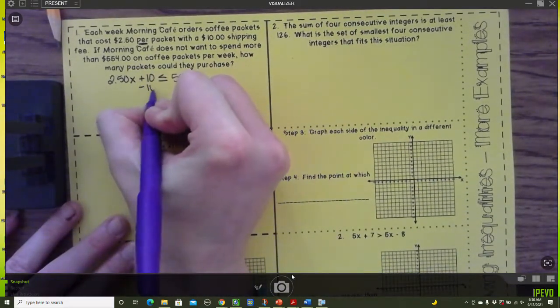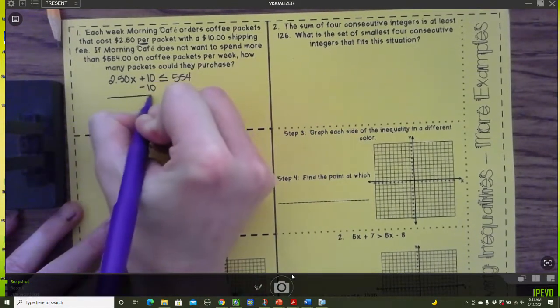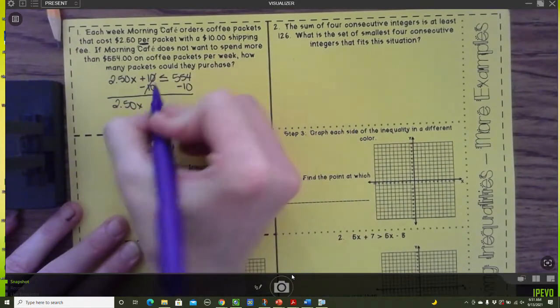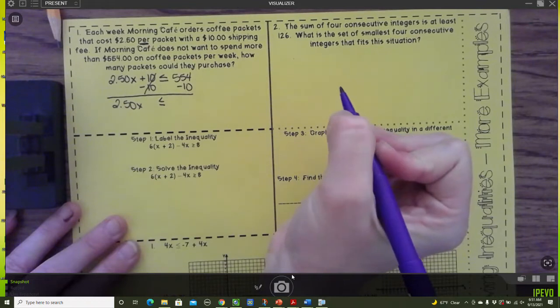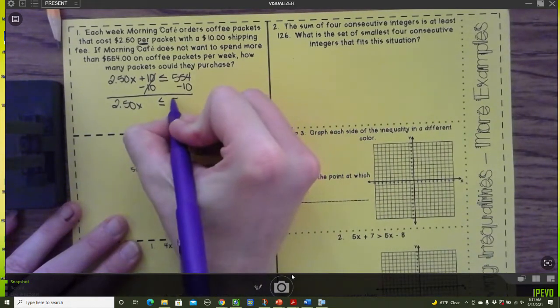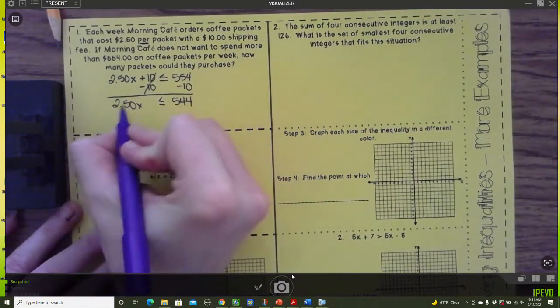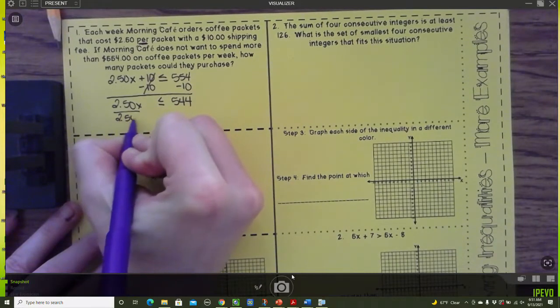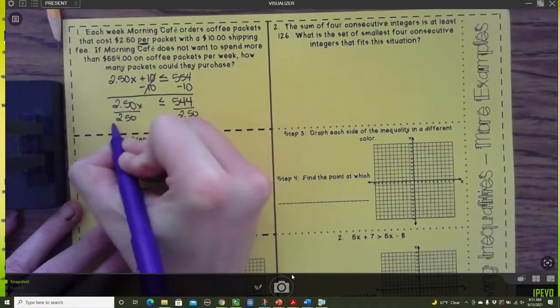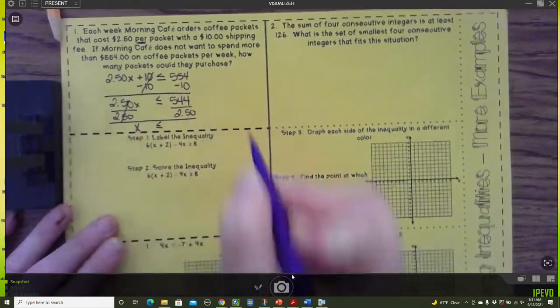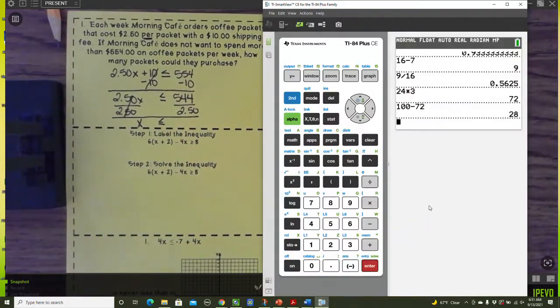So first thing is we move the constants. So we're going to subtract 10 from both sides. So I didn't touch the 2.50x. The 10's cancel. Sign stays the same. 554 minus 10 is 544. Now we got to get the 2.50 away from the x. So we're going to divide both sides by the $2.50. x is left, the 2.50's cancel, the sign stays the same, and then again use your calculator, guys. 544 divided by $2.50 leaves me with